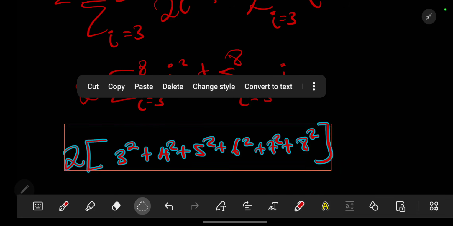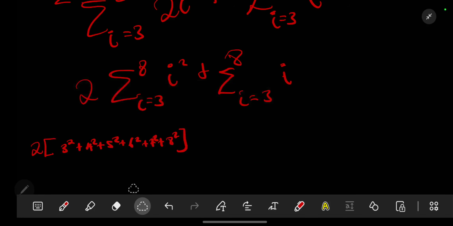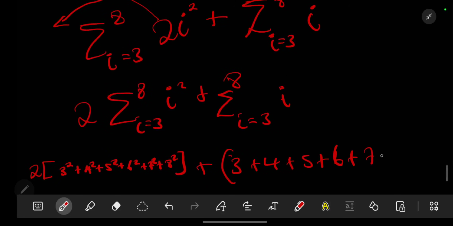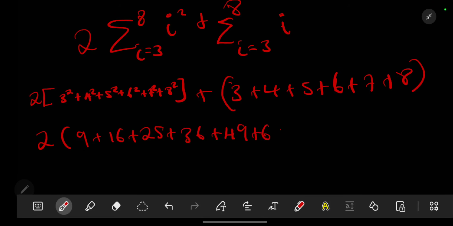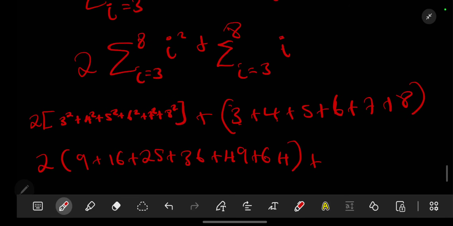So this value, then we have plus our 8, or here we are going to have our 3 plus 4, we are just replacing here, plus 5 plus our 6 plus our 7 plus our 8. This gives us 2 by 3 squared is 9 plus 16 plus 25 plus 36 plus 49 plus 64, like that. Then we have plus 3 plus 4 is 7,